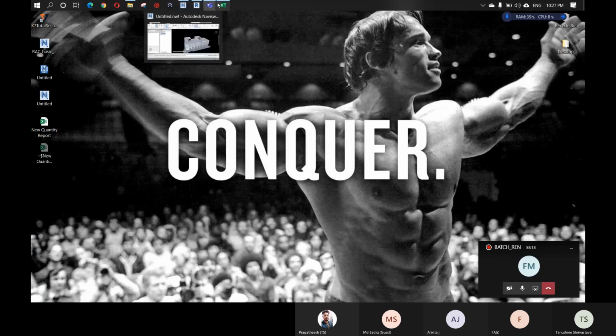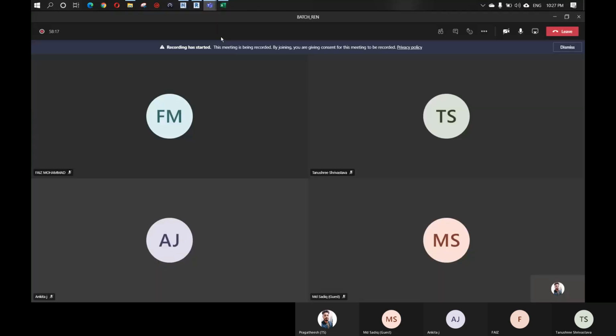Any other questions, anyone, regarding Navisworks? I hope now you guys have a clear idea about NWC, NWF, NWD. C is a cache file, F is a file set, and D is a documentation file. So C is the file which we are exporting from Revit. F is the file which we are working in. It just reads the path of the C file. It doesn't have any data.